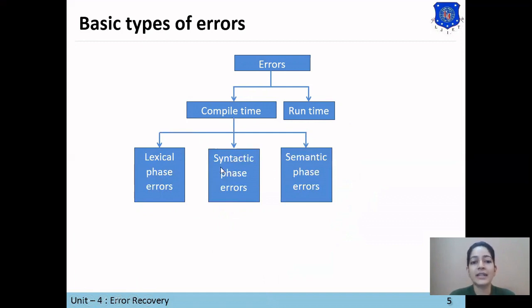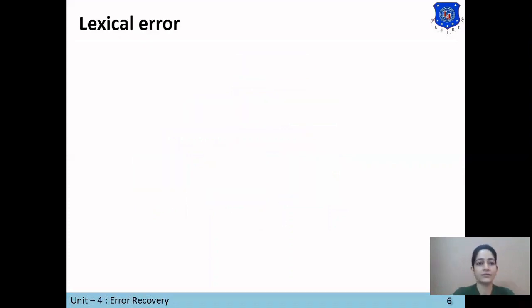These three errors are detected by three different phases: lexical phase errors are detected by the lexical phase, syntactic phase errors by the syntactic phase, and semantic phase errors by the semantic phase. We will learn all these three types of error next.